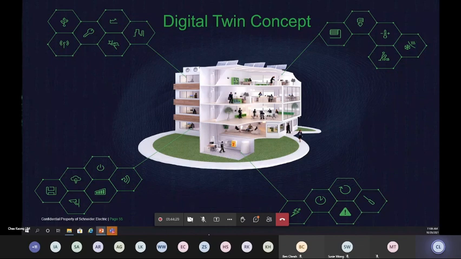Some of you might already be familiar with this, some of you might not. So for the benefit of those who have not, what is a digital twin? Today in a physical hospital, if I were to say, let's turn off the power and see what happens to the whole operation, let's find out the gap, I'm very sure you will not get the permission to do that. And when I say turn off the power, it's not a zone. It's turning off the main incoming power. Let's see how the hospital will react. No one in their right mind is going to do that in a running hospital.